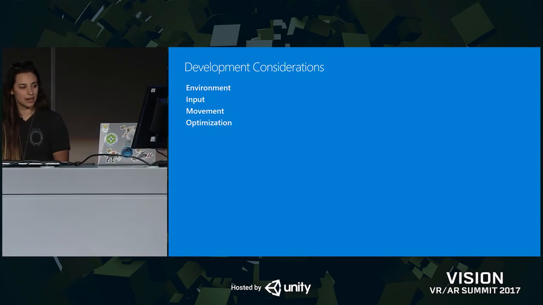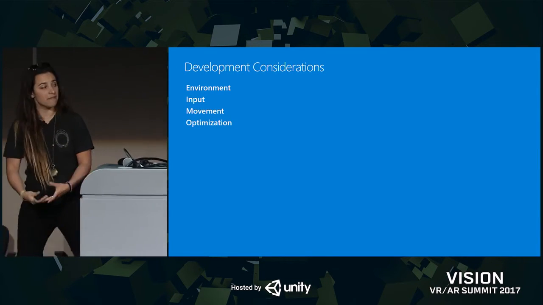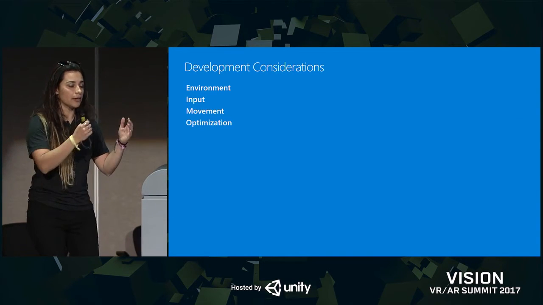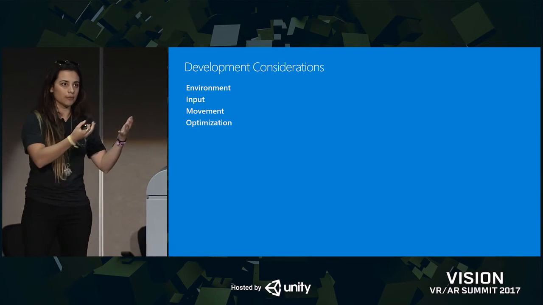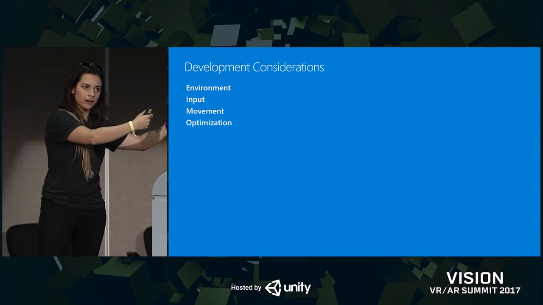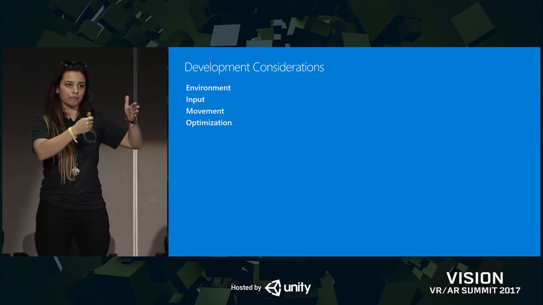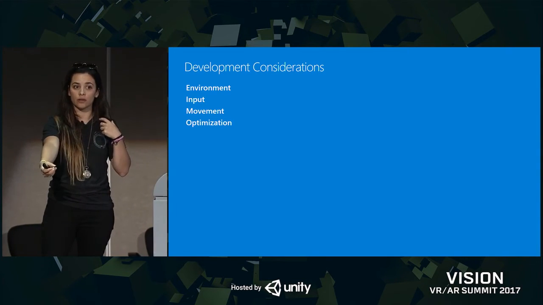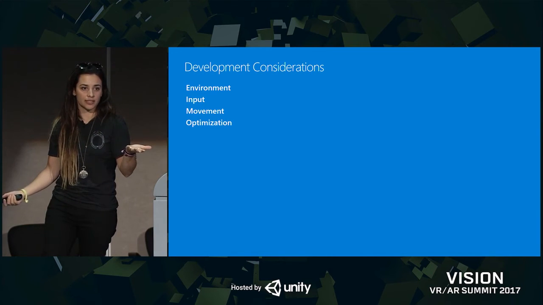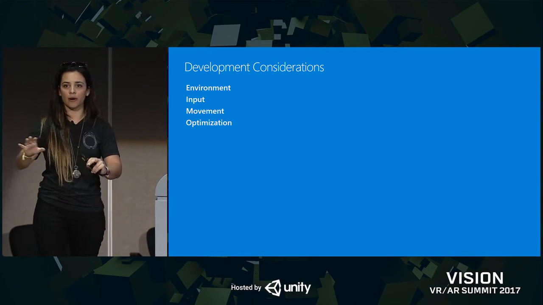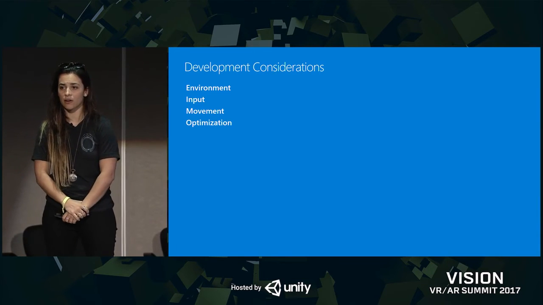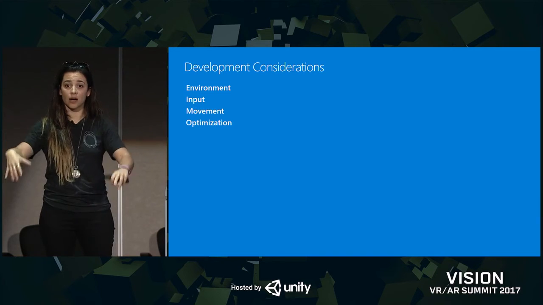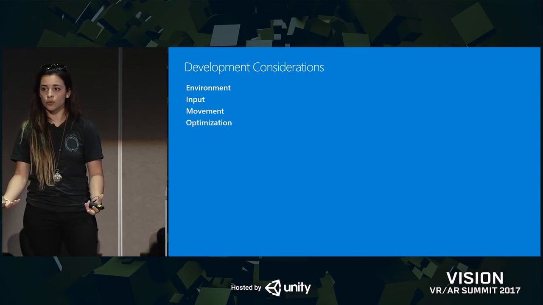Again, development considerations, design considerations, environment. You need an environment if you're going from one to another. And what's interesting is if you're going from the more VR spectrum to the more AR spectrum, you might not want all that environment. You might want to take away some of your walls. You maybe want the floor to stay, or you want to overlay only parts of it. There's an experience on the HoloLens called Fragments, where it places a virtual environment on top of your own. And that's what's really cool about the HoloLens.